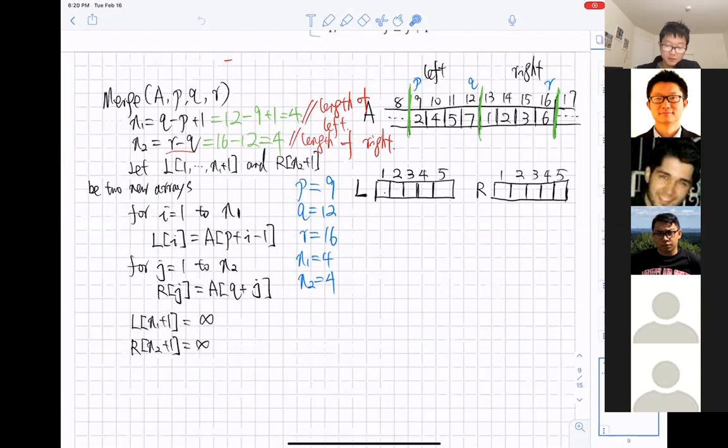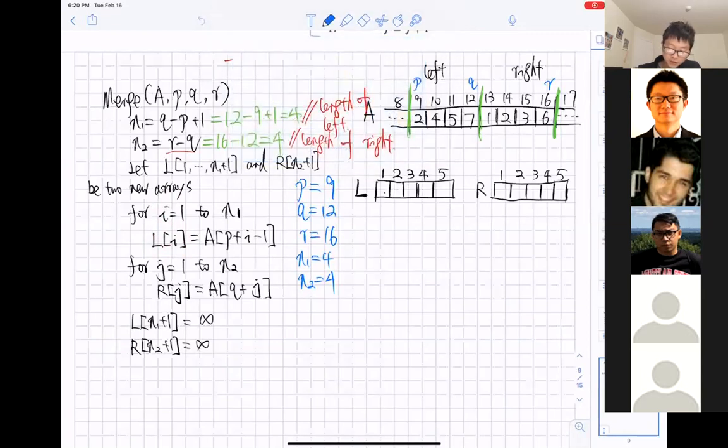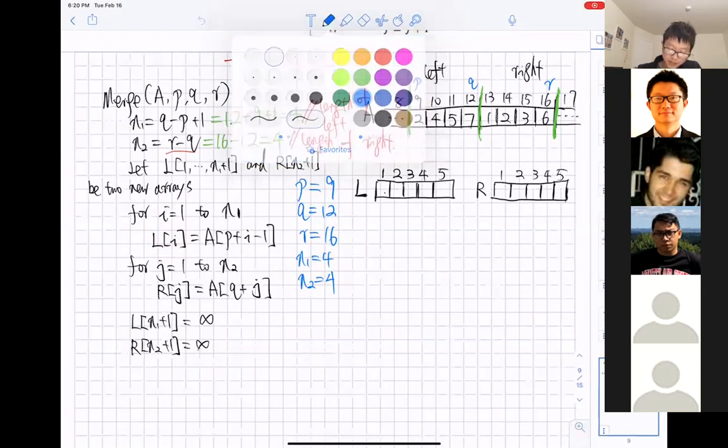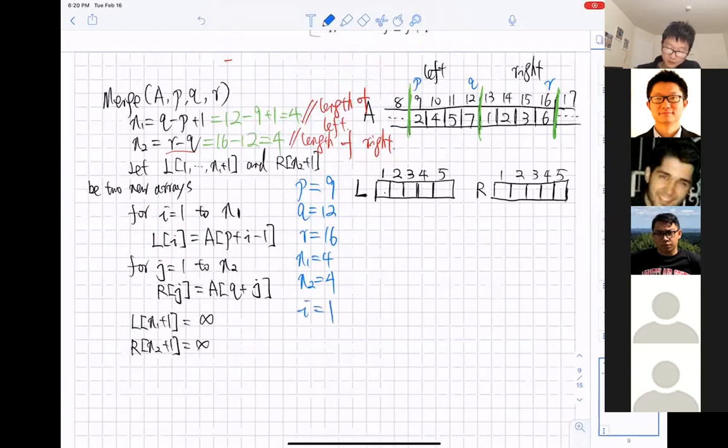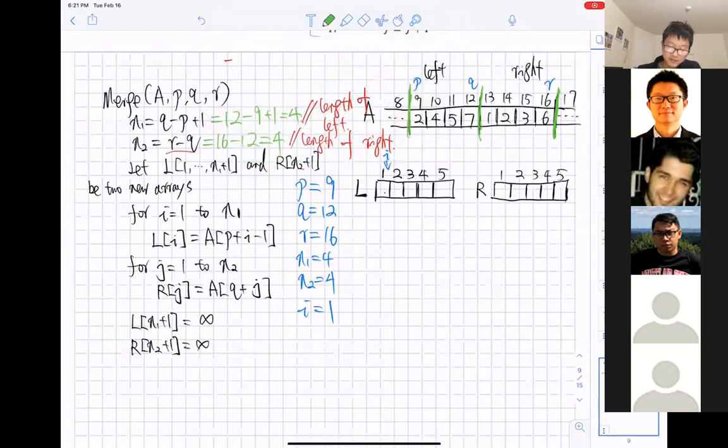If we execute this for loop, in the first iteration we have I equal to 1. When I is 1, we substitute it over here. If we translate this statement into simpler language, it will be L1 equals A[P plus I minus 1].